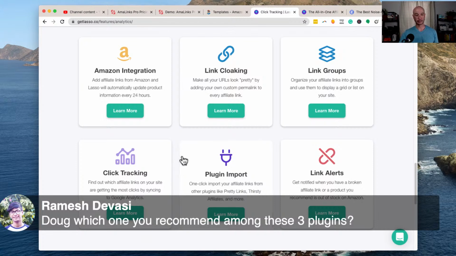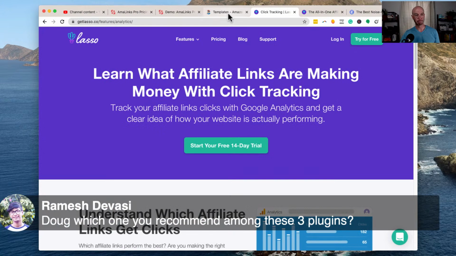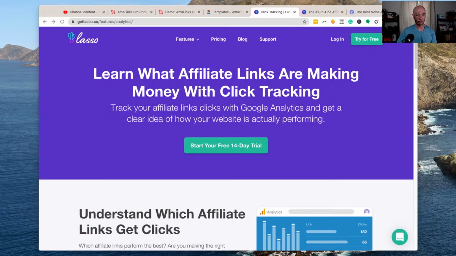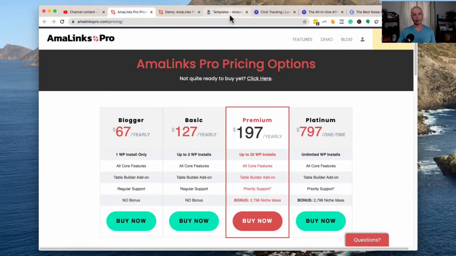Lasso is going to be more expensive, just period. And I've had a few discussions with the founder, basically, over at Lasso, and part of the argument is, well, you should be able to make the money on the site. So $19 per month per site is not a huge amount, which is true, right? Hopefully our sites are making thousands per month. So $19 a month is a reasonable amount to pay for a tool. But the fact is, if you can get another tool for cheaper that does the same thing, I can't